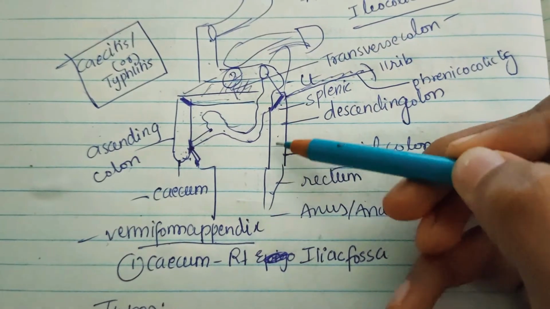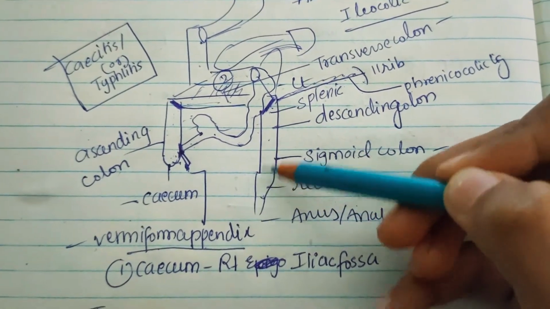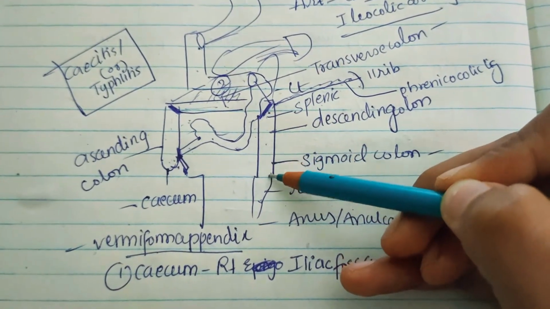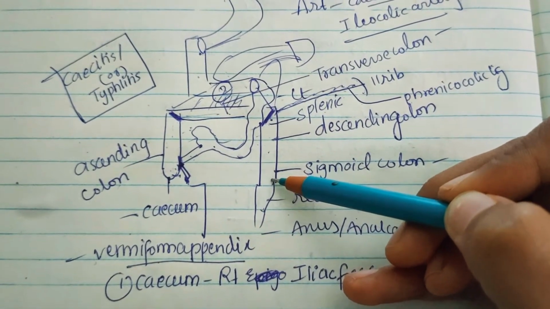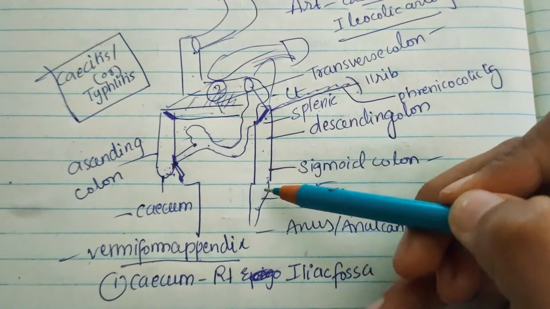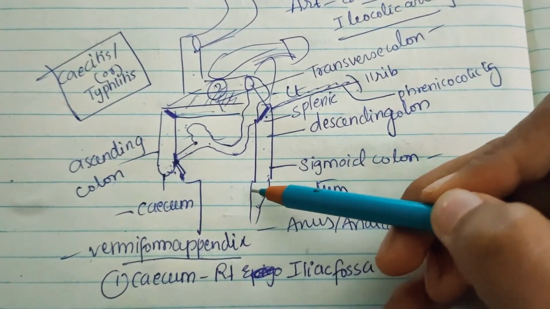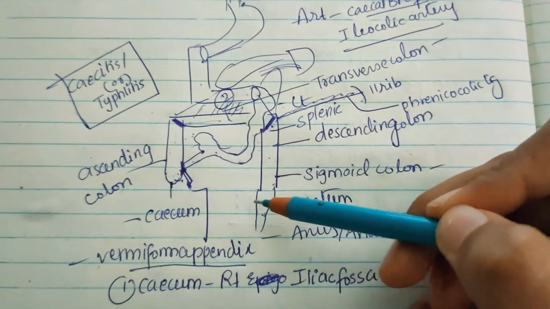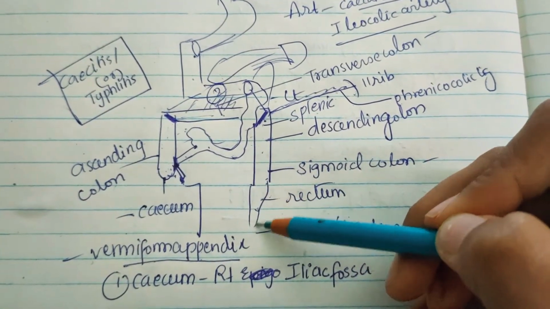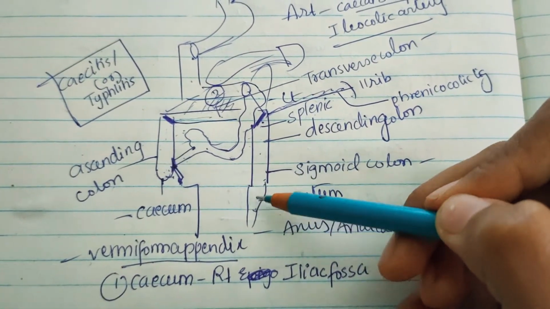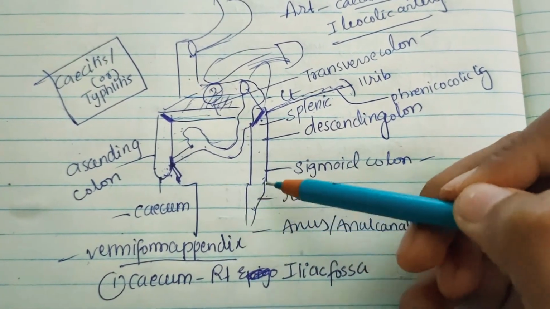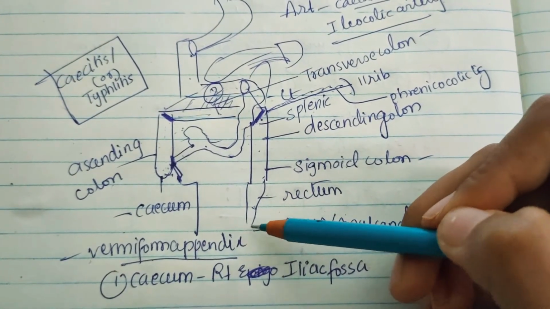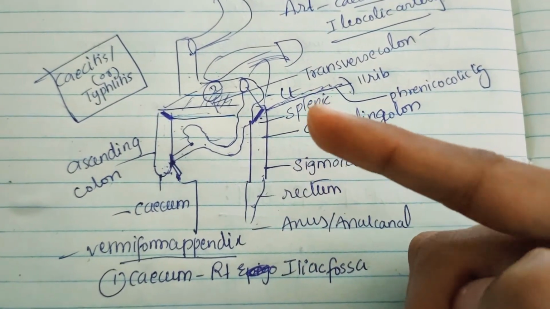Now it's time to discuss the descending colon. It is 25 centimeters long, extending from the left colic flexure to the sigmoid colon, okay? And it runs vertically up to the iliac crest and then inclines medially over iliacus and psoas major to reach the pelvic brim, where it is continuous with the sigmoid colon. The descending colon is narrower than the ascending colon and usually it is retroperitoneal. Rarely it may possess a descending mesocolon, meaning it is retroperitoneal, covered by peritoneum on only one side.